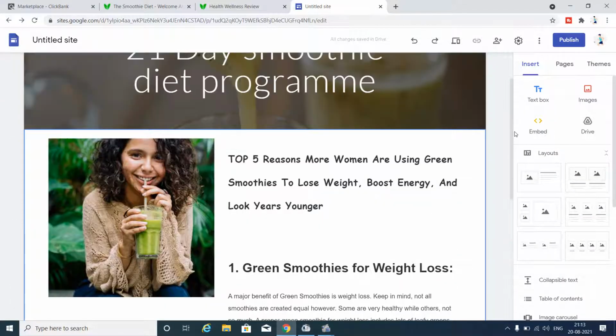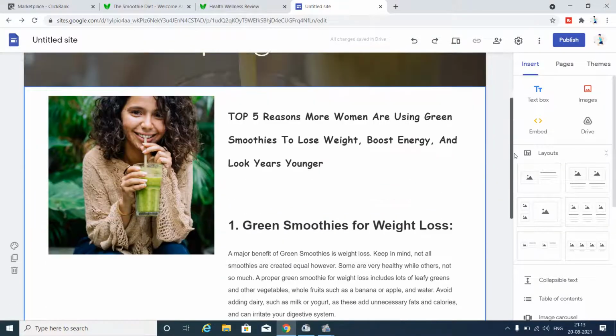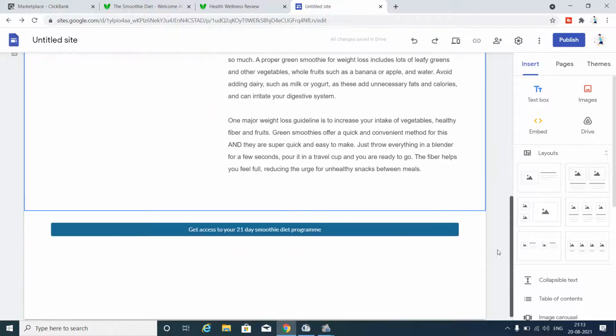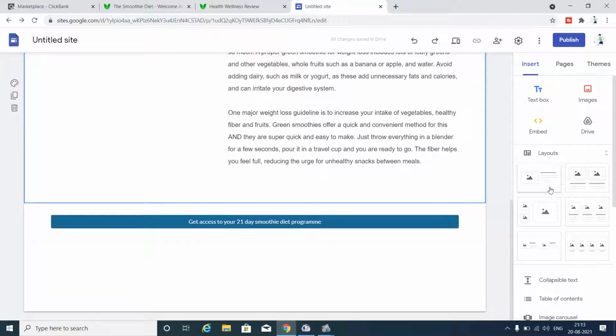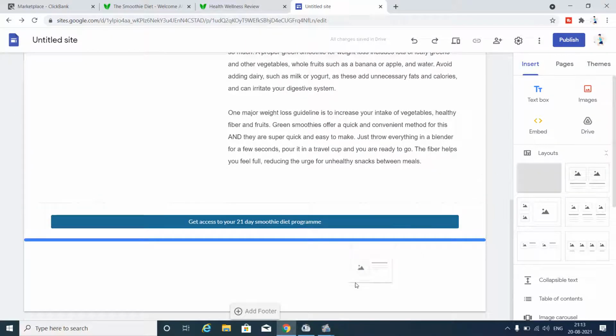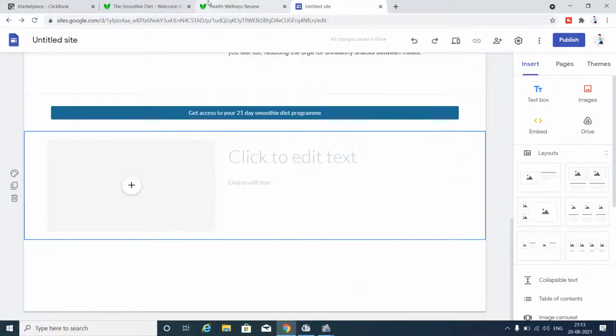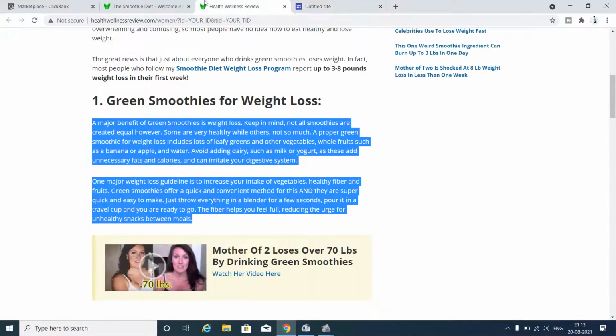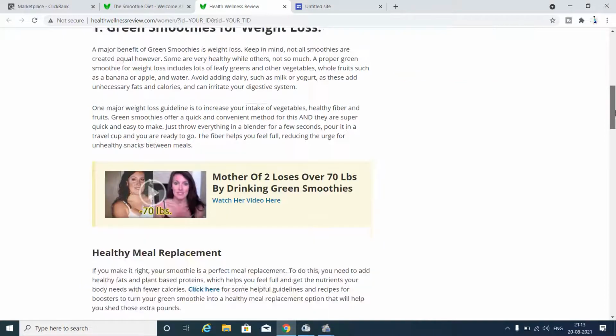We need to post more content. The customer needs to read more so that he can know everything about the product. So we'll choose another layout here, paste it. Okay, let's go here, get access to some more information.